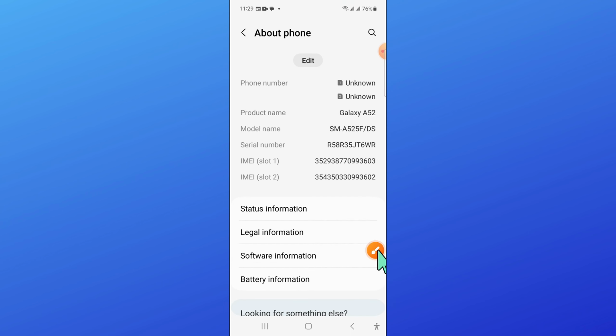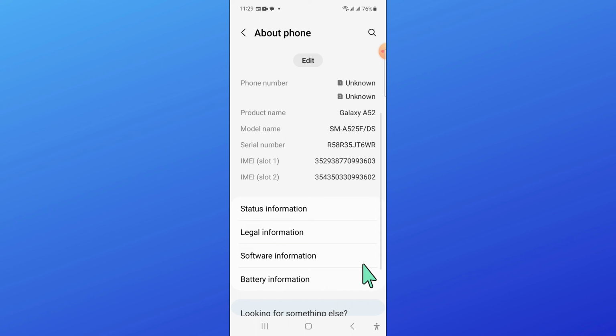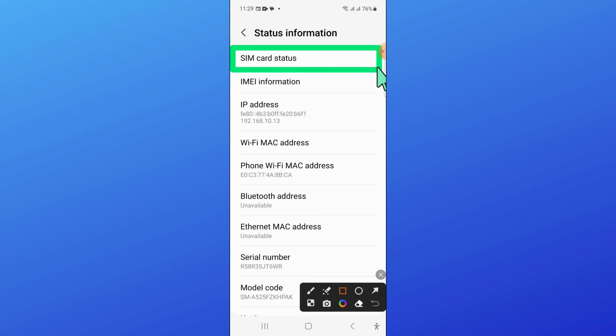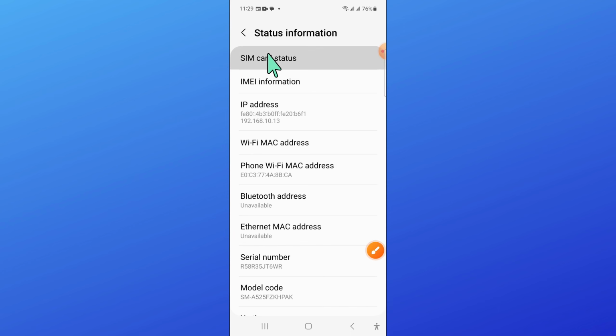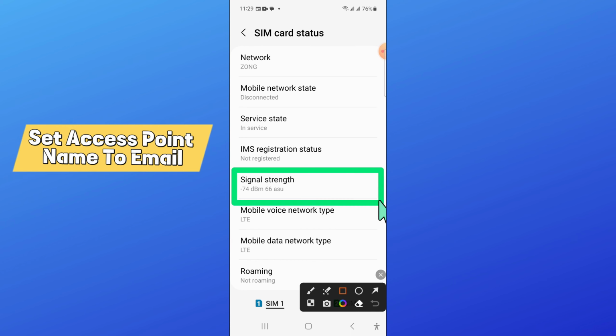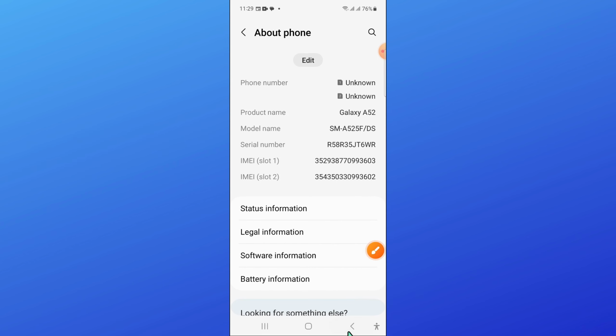Now here in about phone, scroll down and click on status information. And then click on SIM card status. Now here set the signal strength correctly as shown, and after that go back